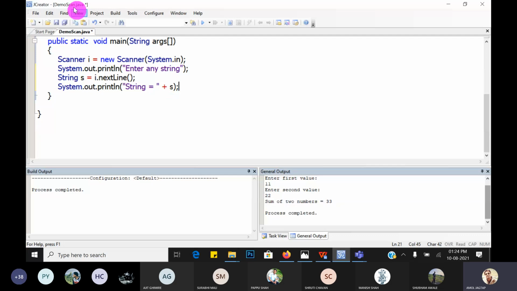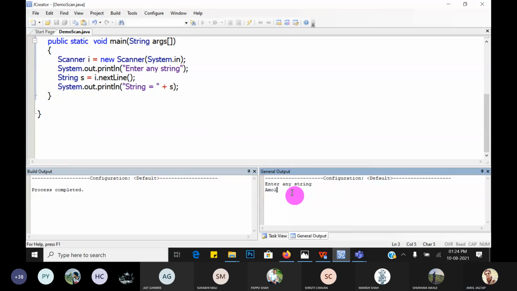Now save it, compile it, then execute the file. Enter any string, suppose Amol, and press enter. So string is equal to Amol. In this way, we scan an integer, double, float, or string value.